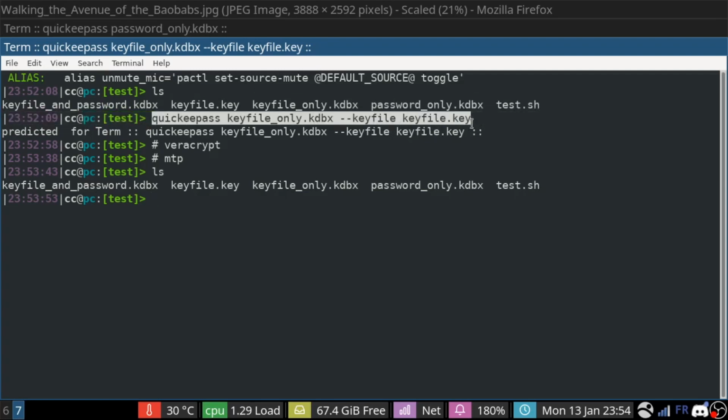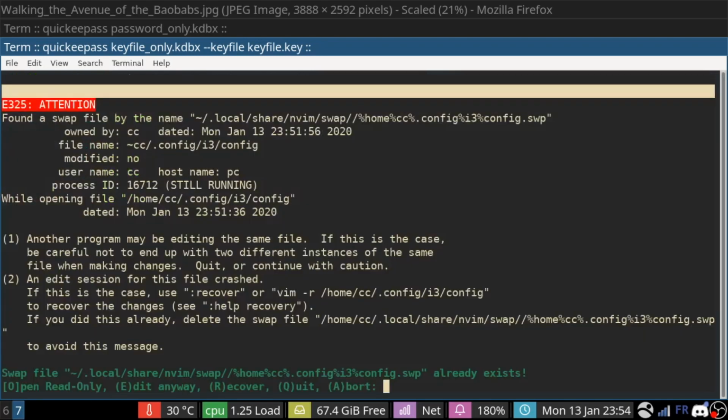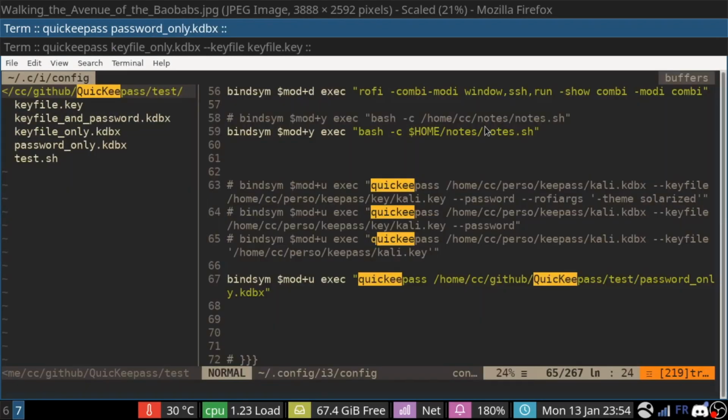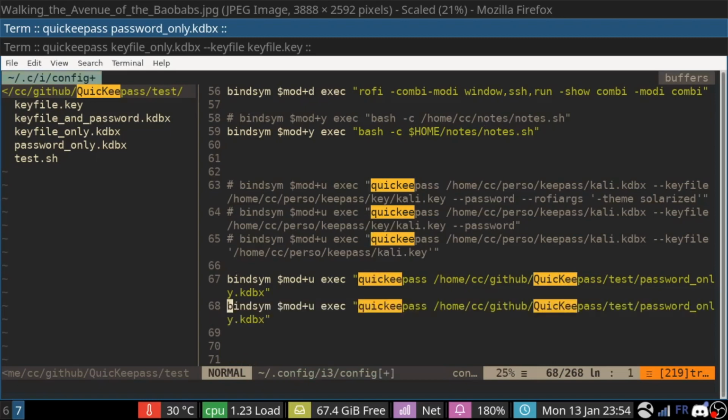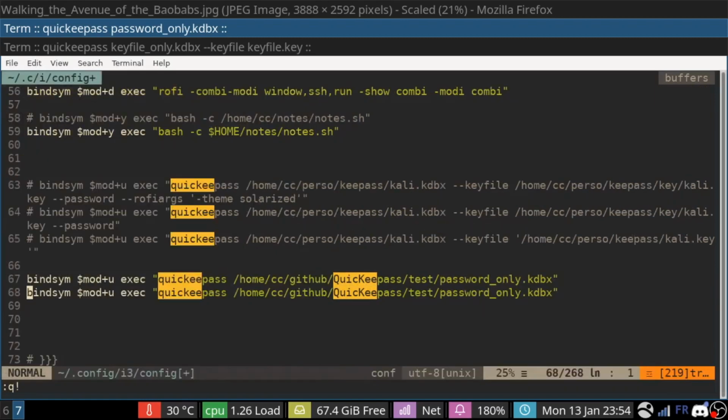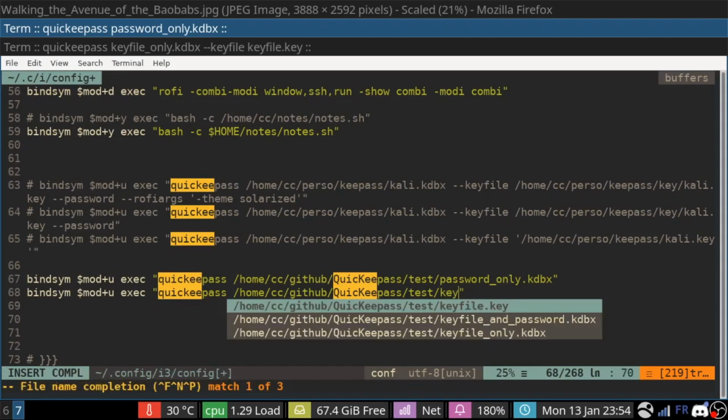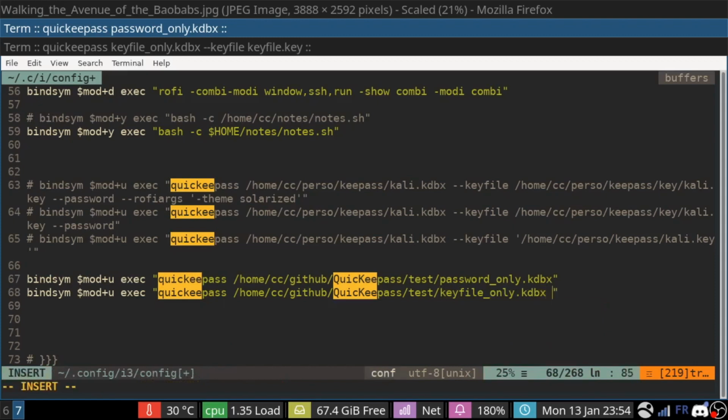If we do a little demonstration with what we just did, let's put the configuration again with the key file this time, so you will be able to understand what I'm talking about. This time we want to open the database with the key file. Here we go, and then we need to specify the key file that we want to use.